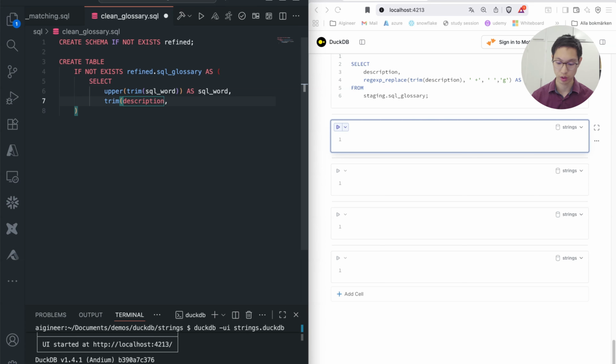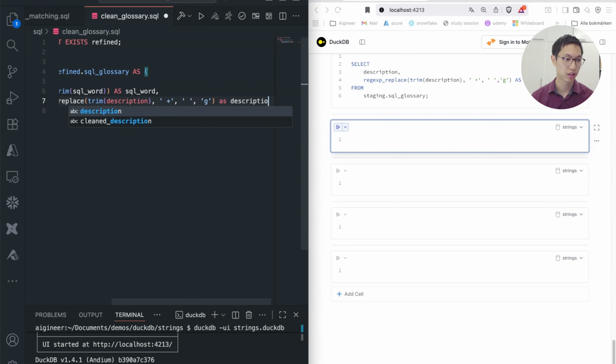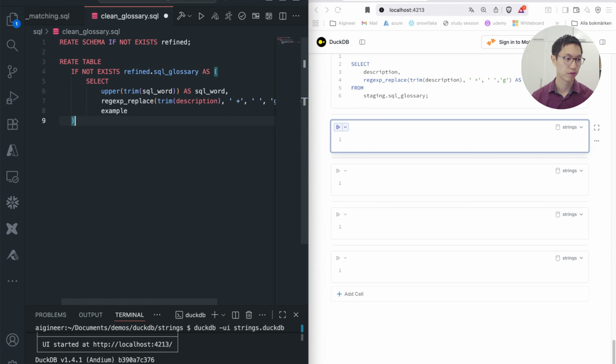You can maybe trim it, and you could do the regex as well. Regex replace, trim description, comma, plus, comma, this space, and then G here, and then parentheses as description, example from